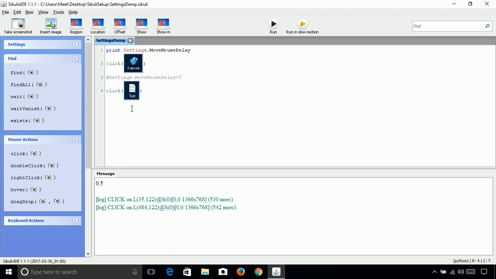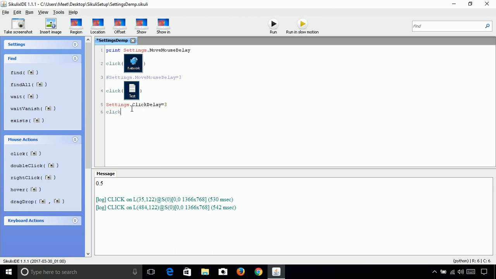After that, let's add the click delay. Dot click delay. Let's say it is 3. So once this action is executed, there is a delay between clicking also.